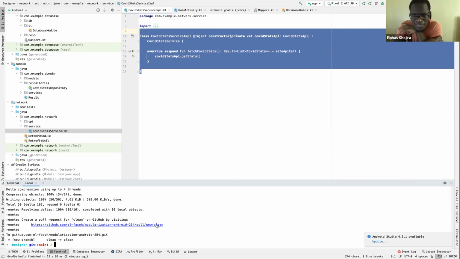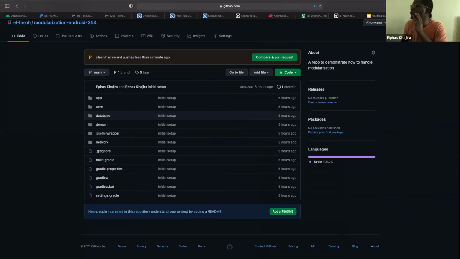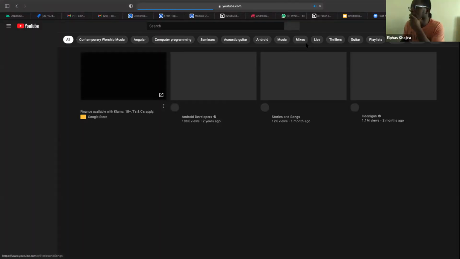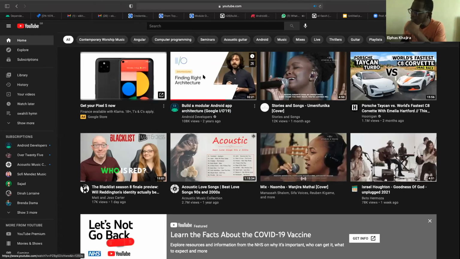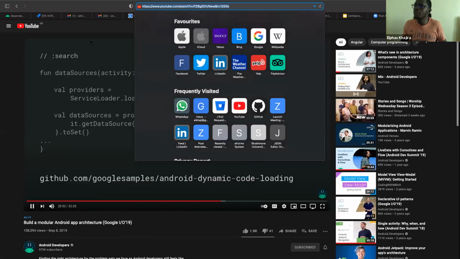Can you share resources about modularization? I went through something. If you can go through this, this will explain to you both versions, the reflection and the service loader, and one of the samples.